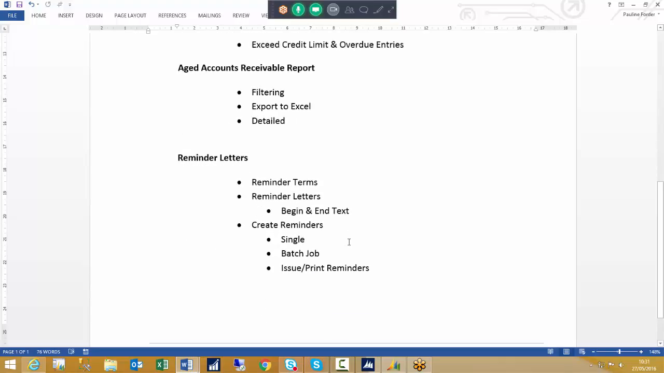We will then move on to the reminder letters, and we will go through the setup of the reminder letters using the reminder terms. Within the reminder terms, we will have a look at the actual letters that we will be sending out to our customers, detailing how we set up the begin and end text, which will show on